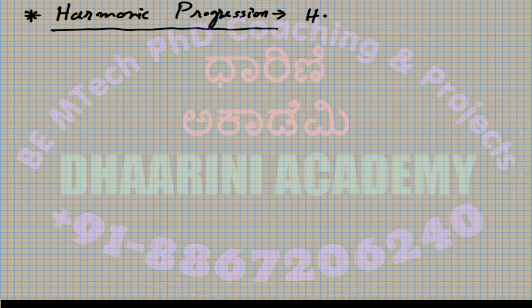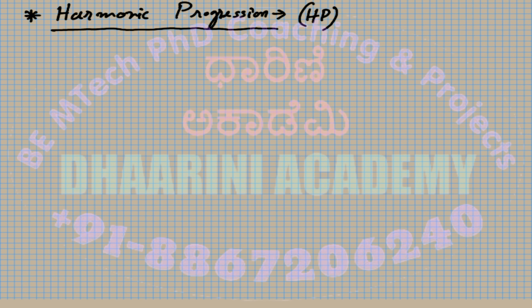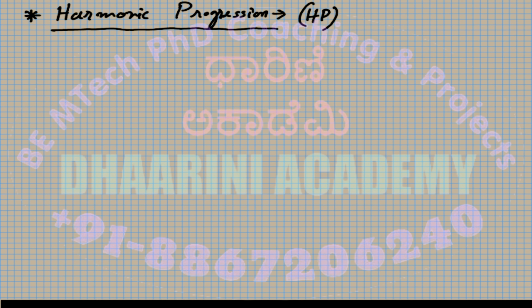So this is H. Now, the harmonic progression is a very unique type of progression that, say, if T1, T2, T3,